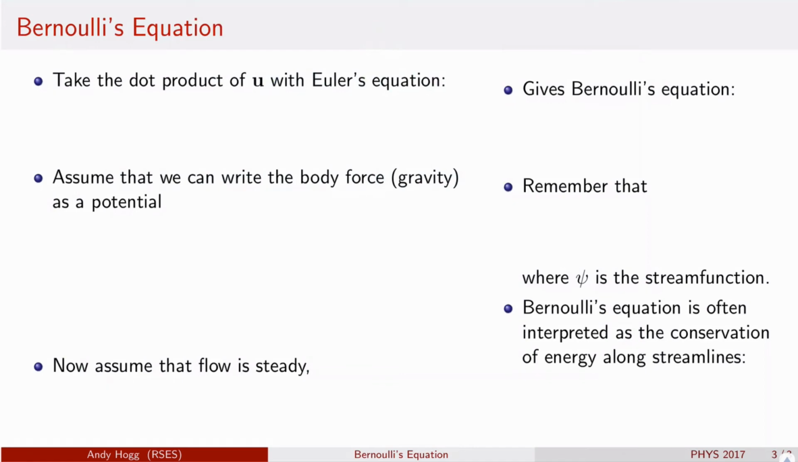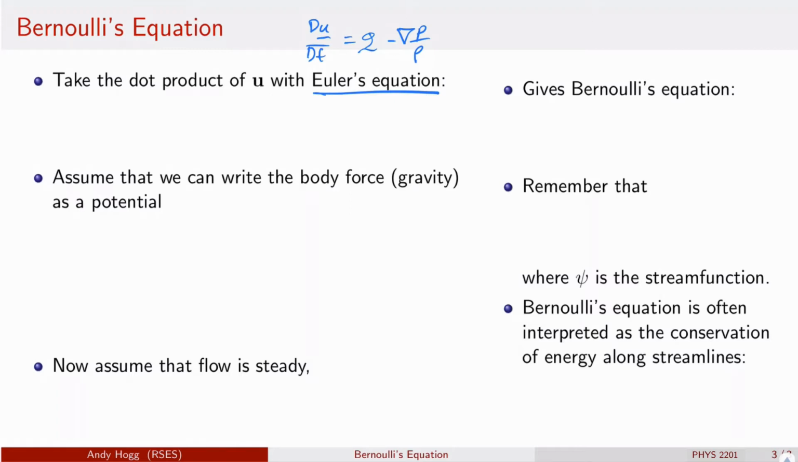Now that we understand a little more about streamlines, we're able to derive Bernoulli's equation. Bernoulli's equation is a commonly used fluid mechanics equation. It's very useful for situations such as pipe flow and flow over wings to understand the pressure distribution induced by flows. To find Bernoulli's equation, we're going to take Euler's equation and we're going to take the dot product of